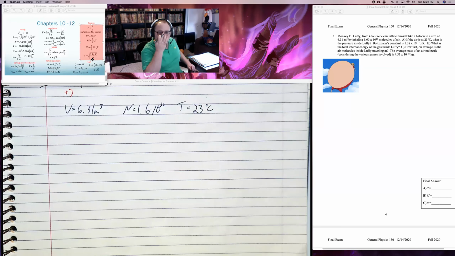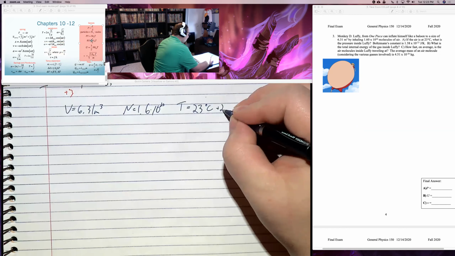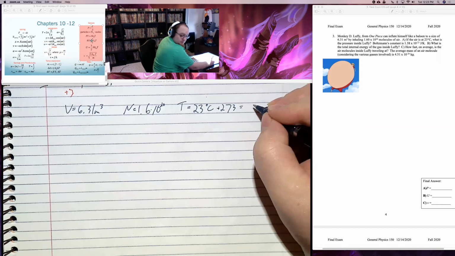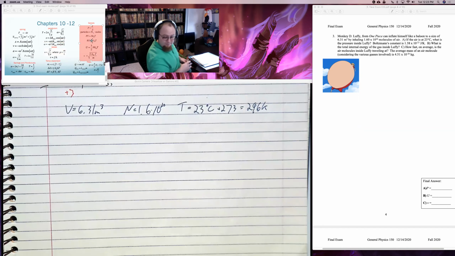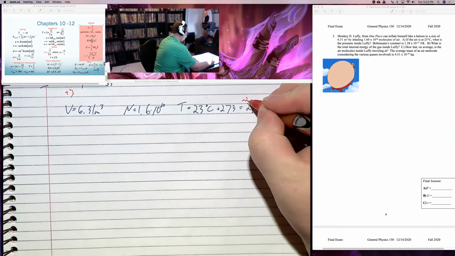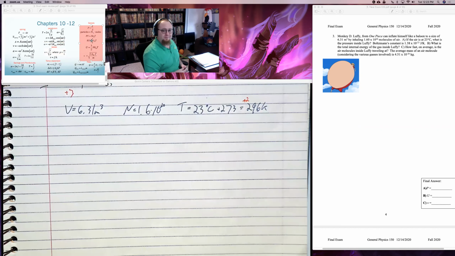If I give you any equation with a delta T, so like these temp ones I was just talking about down here, Celsius is fine. Any equation just with a T in it, you gotta work in Kelvin. If I tell you 23 degrees Celsius, I'm gonna need to convert that to Kelvin to get 296 Kelvin. 2 points just for that. I don't give it 4 points for a unit conversion. And it says, what is the pressure inside him?